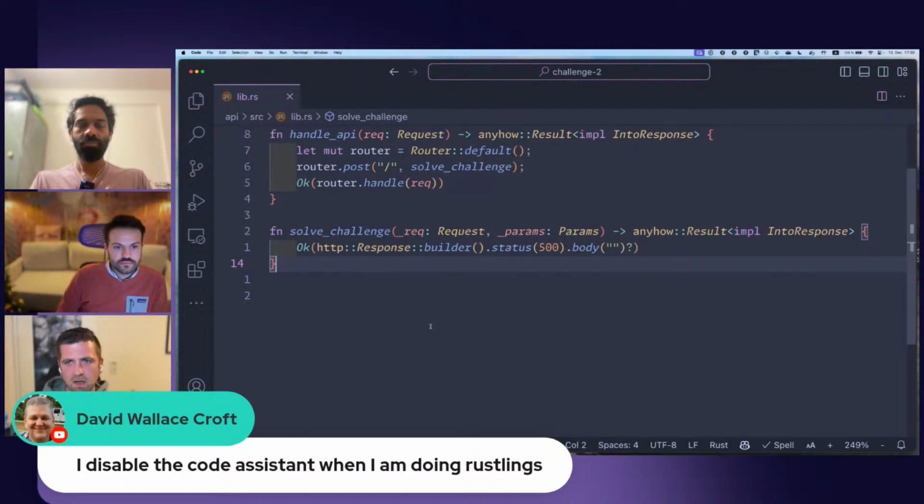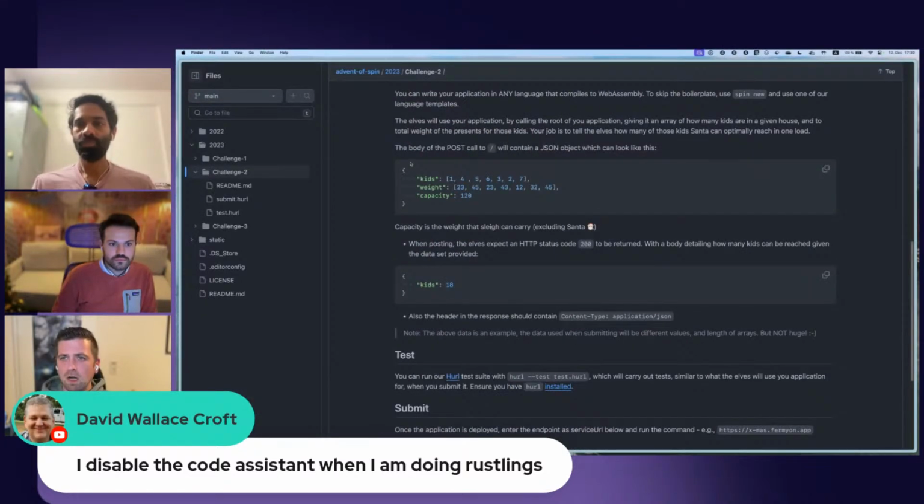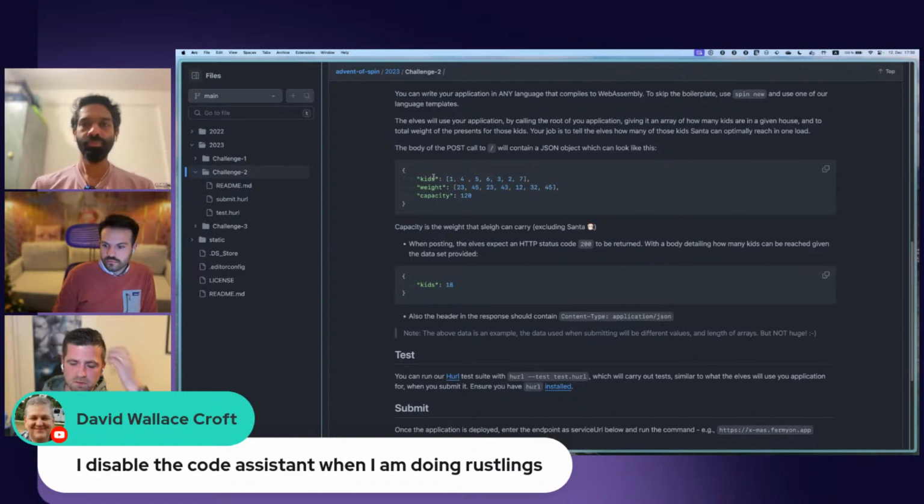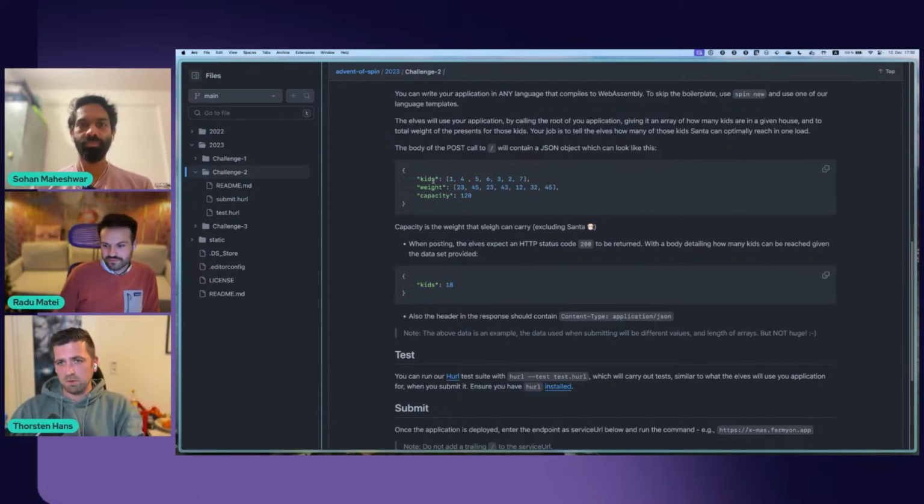I can now start thinking about the API contracts. So again, jumping back over here, we expect this structure as a payload, and this is fairly simple in Rust. It would be a fairly simple struct with just 3 properties.